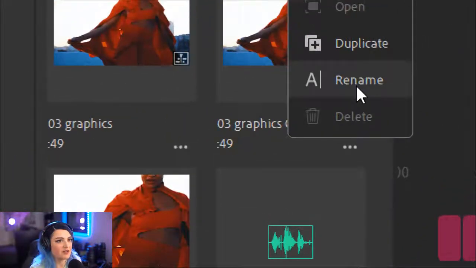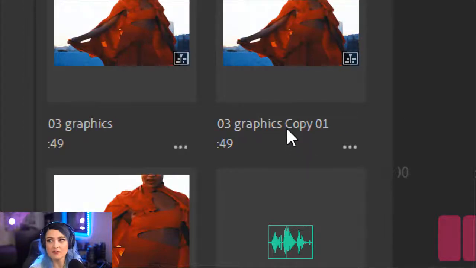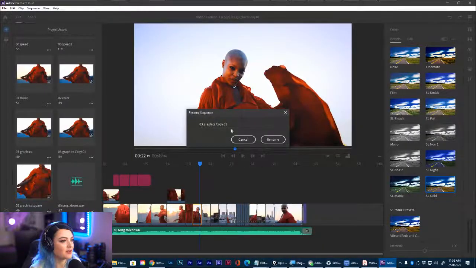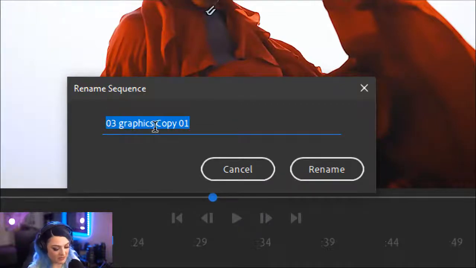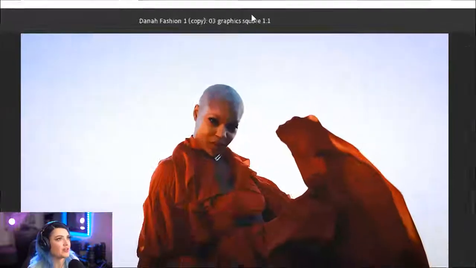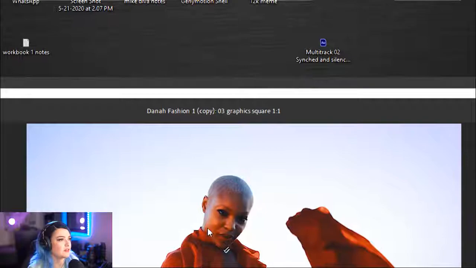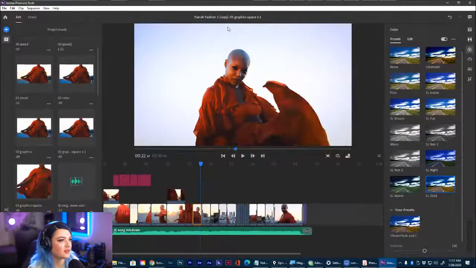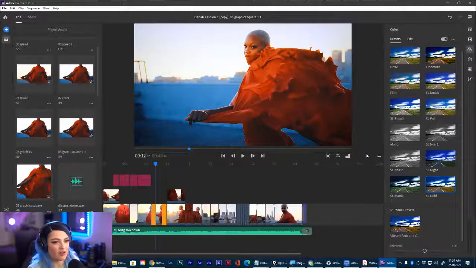So I can rename it. And it pulled it up right there. So I will rename it 03 graphics square 1 by 1. And I'll rename that. So now I'll go ahead and open. It's open here. You can see the name of it here at the top. So now that I've created a sequence that I've called square,